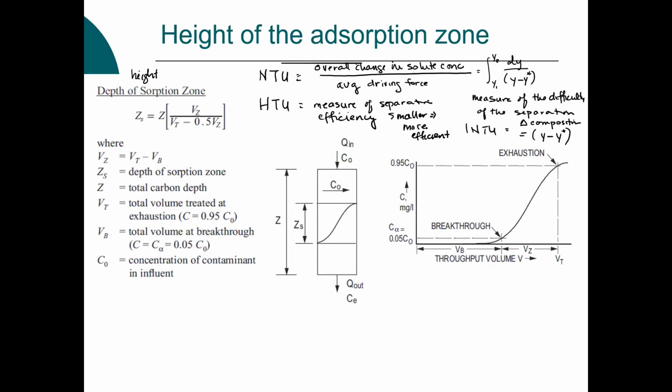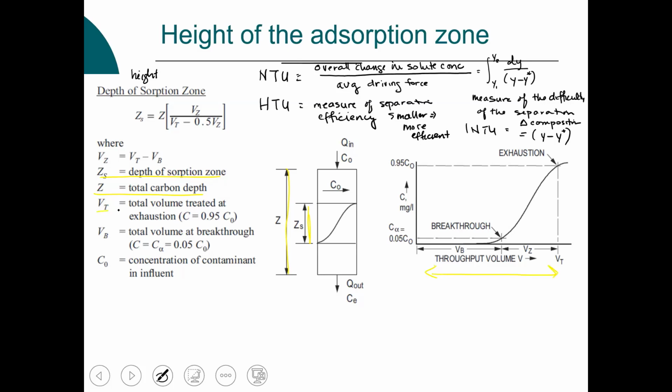The terminology that we use, okay, is, as I mentioned, let's just start here. We've got Z is the total carbon depth. Okay, this is total carbon depth. So it's the depth of our column. Z sub S is the depth or the height of the absorption zone. V sub T